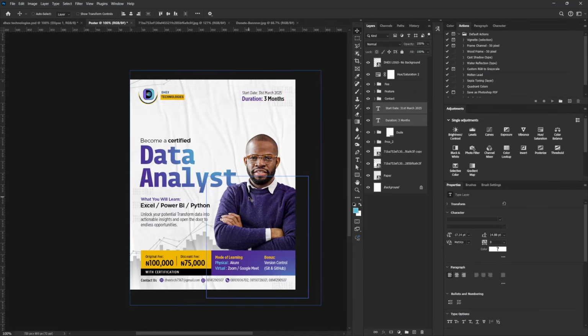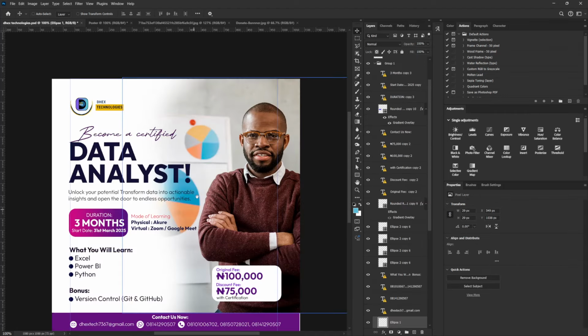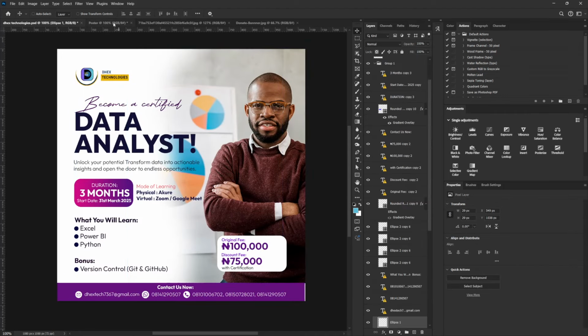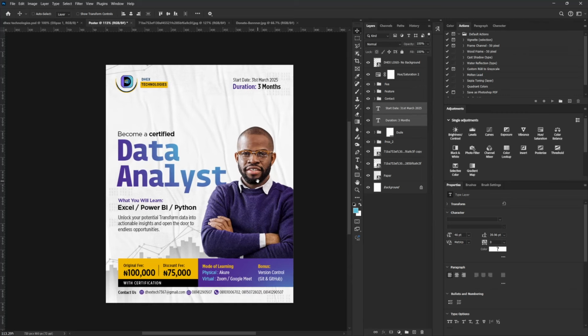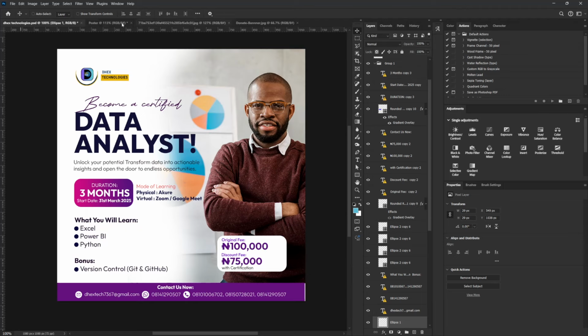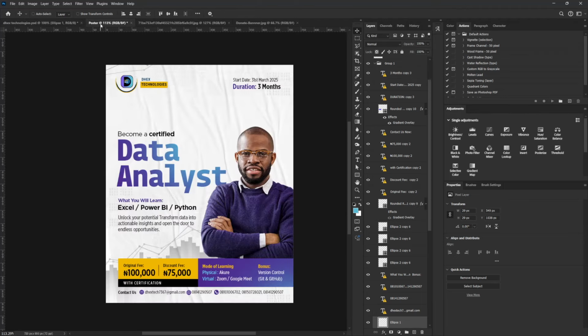So this is the final project. This is the after, and this is the before. All right, after. Okay, I need to zoom in so you guys can see the difference. So after and before. Okay, yeah. So we're going to stop here. I'm sure you learned from this tutorial, and I'm sure you can see how the principles of design